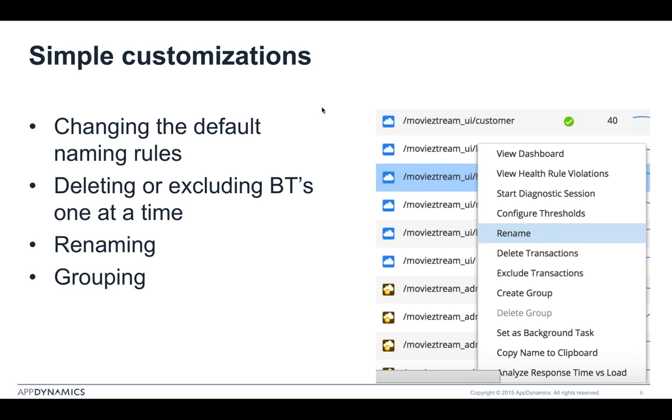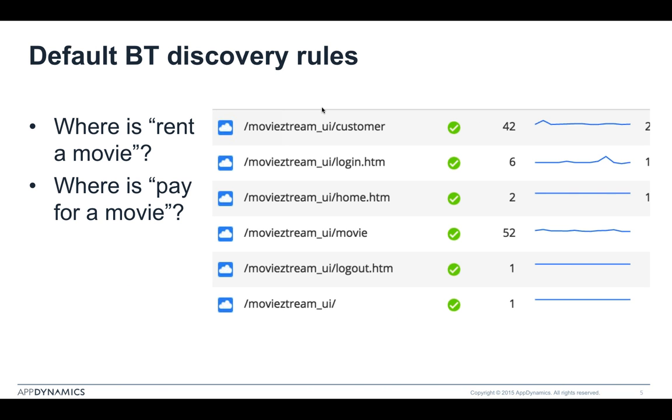So when you start with the product, a lot of people start with some simple BT customization. If you're in the BT list and you right click, you get all these options, and you can rename, you can delete, you can exclude, and I'll talk about the difference between those two in a minute. You can group BTs together, and then there's an option if you go into configuration to change the default naming rules. And what that is for URL-based BTs, how much of the URL we're going to use as the BT